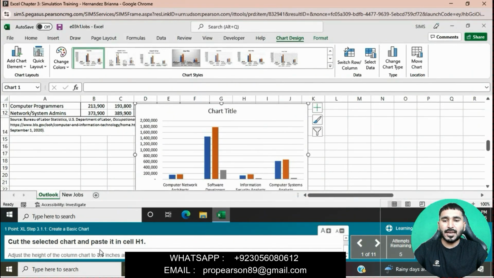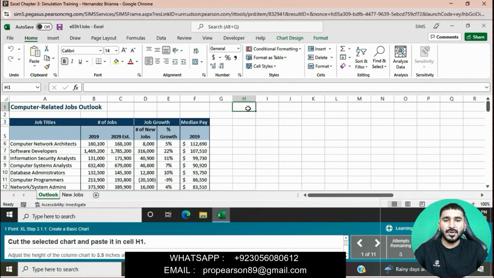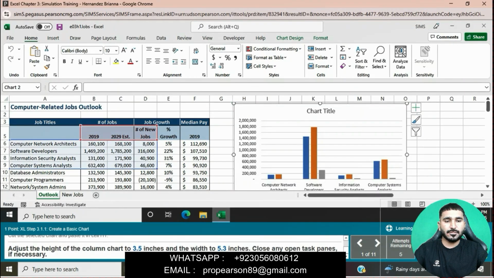Now cut the selected chart and paste in cell H1. Simply cut this chart and then paste in cell H1. The next is that adjust the height of the column chart to 3.5 inches and the width to 5.3 inches.